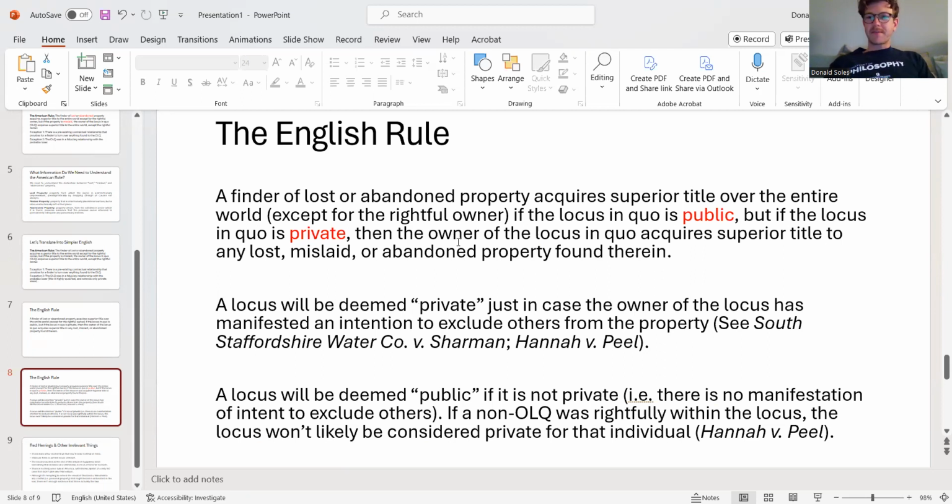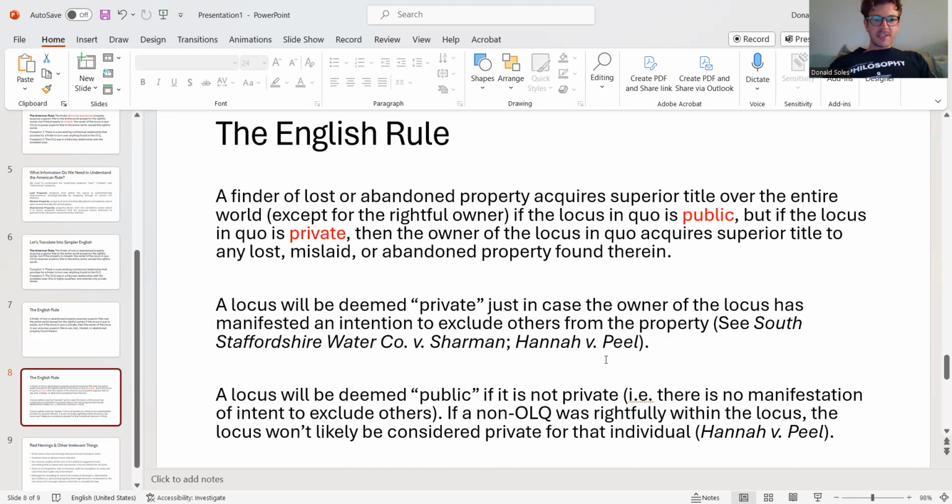All right, so just think of all the different ways that someone could make their property private. The owner of a manor paradigmatically has privacy in that residence. And so that explains this discussion in Bridges versus Hawksworth about the manorial right, that it explains the intuition that you can't just come to somebody's house and find property that's been lost therein. Meanwhile, if you find property in a public place, it seems like you're perfectly within your rights to claim ownership of that thing against the entire world except for the rightful owner.